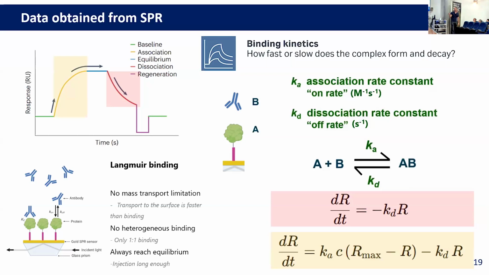If we know the Kd, we can know the Ka. So the dissociation part depends on both Kd and Ka. But if we first calculate the Kd, we may then obtain the association constant. Again, the same: higher Ka means faster association.